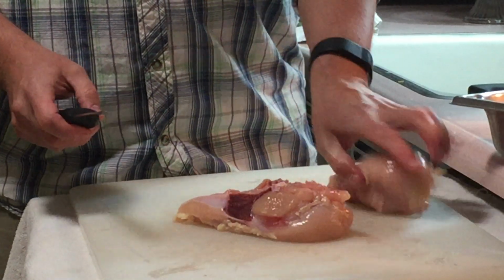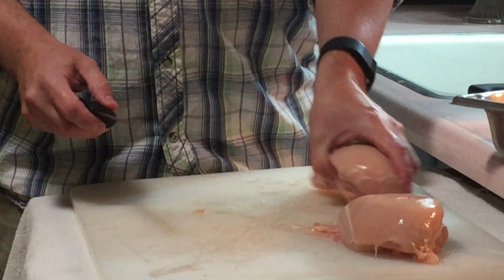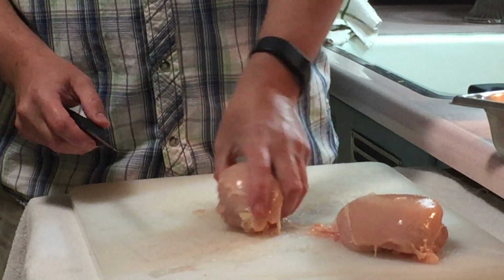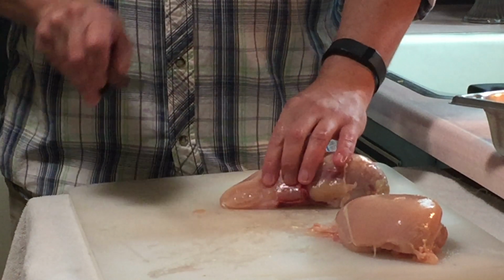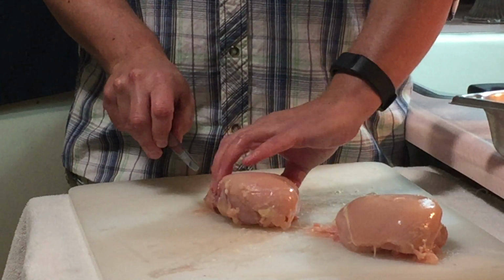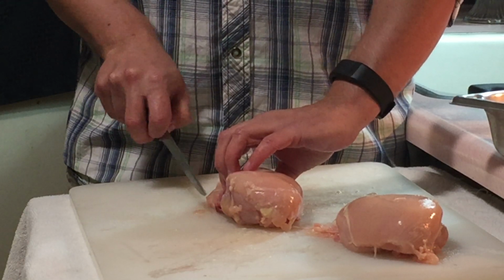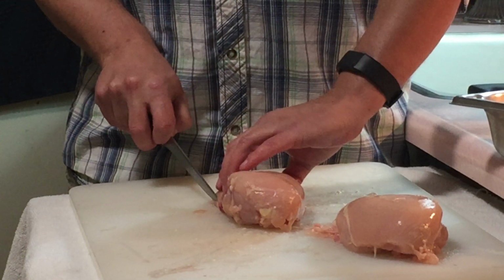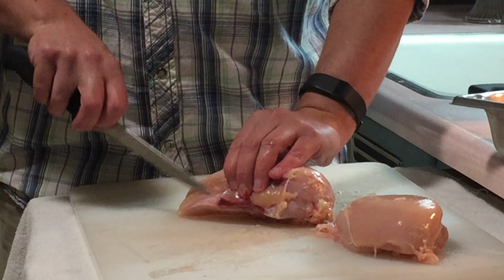Now this is the only time I will ever teach that you want to angle your knife blade. Okay, what I'm going to do is find this part right here, and rather than cutting straight down, I'm going to angle the blade a little bit like this, and in essence I'm scraping the meat off of this cartilage or this bone. So when we do this,